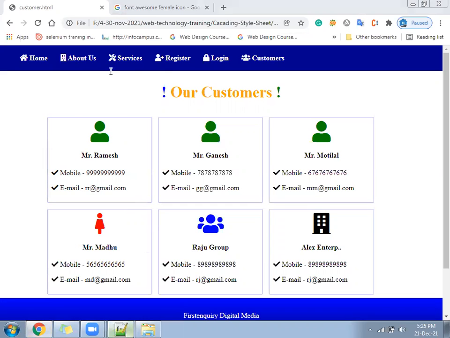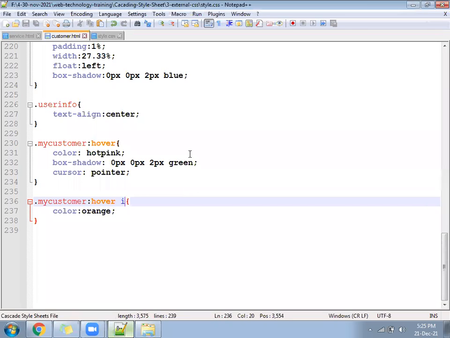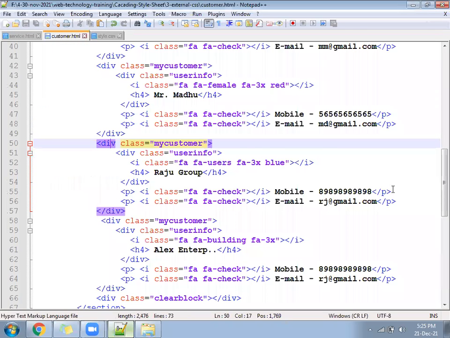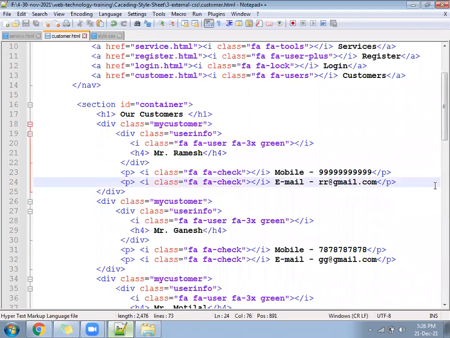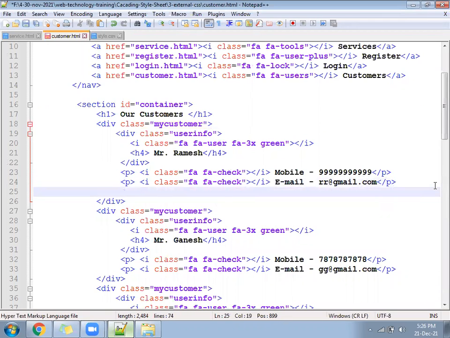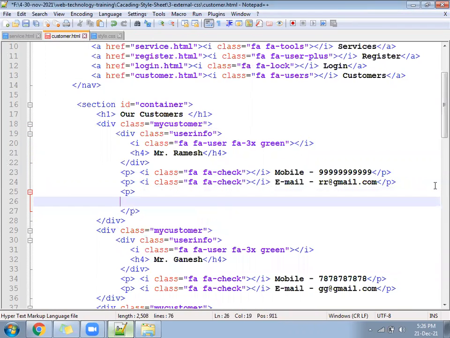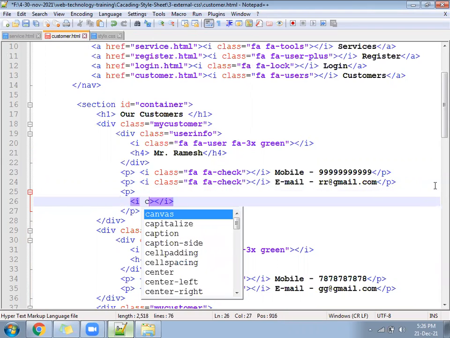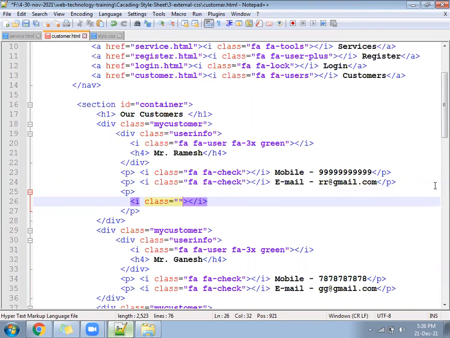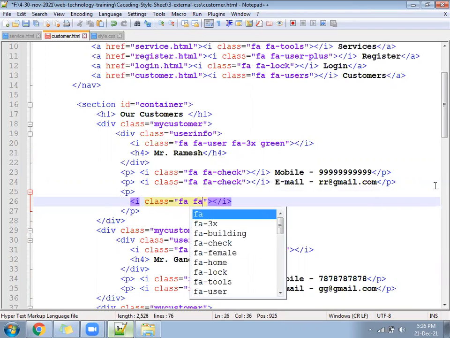Let's go and try that in the HTML file. Follow an I tag. Follow a paragraph. Under the paragraph, the first I class equal to FA. FAB you have to write.